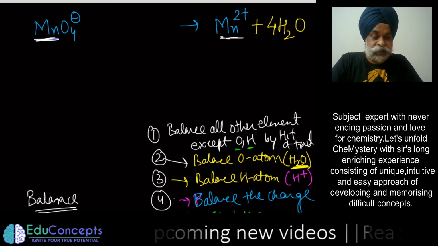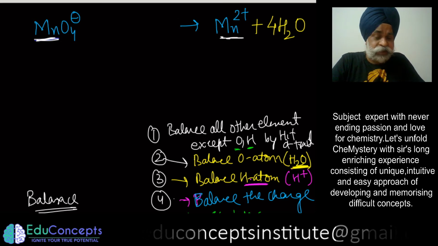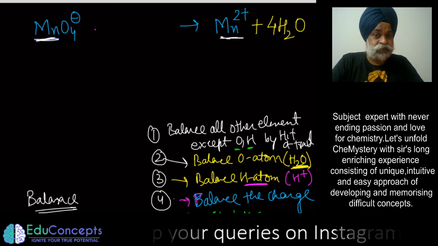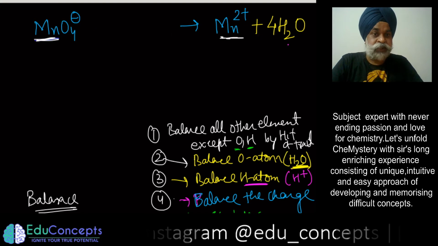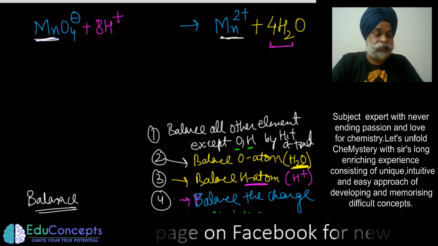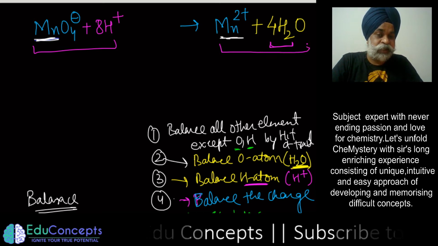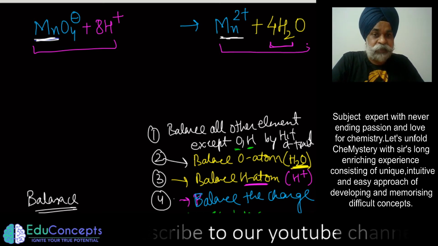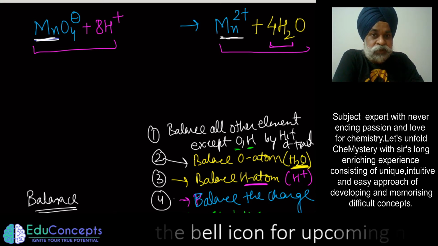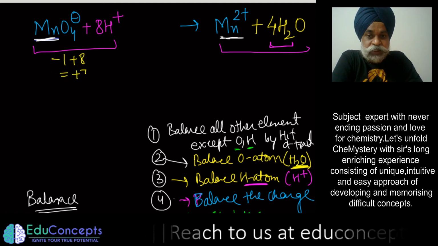Now once this has been done, now you have to balance what? Hydrogen atoms. So how could you do this balancing? Simply by adding H positive ions to the side deficient in hydrogen. So here you have 8 hydrogen atoms. So you could put 8 H positive ions here. Now once you did this part, what you are able to see is that the half reaction got balanced. This is perfectly balanced. Now the point is, what is not balanced is the charge. So here what you are able to see is there is 1 negative, 8 positive. So this means plus 7 charge.